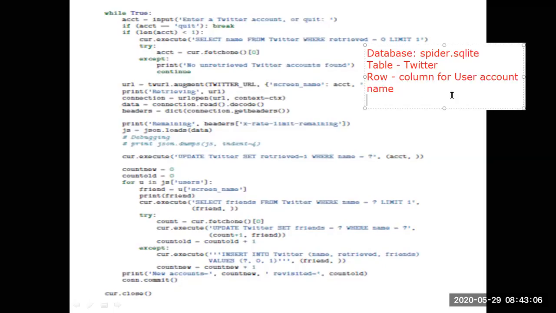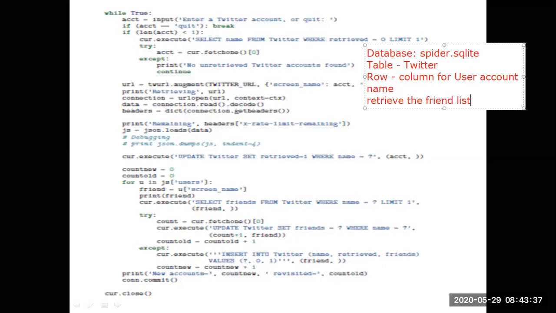And the next part is I need to retrieve the friend list. So first I have created a database. Database name is spider.sqlite. Next I will be using loops.